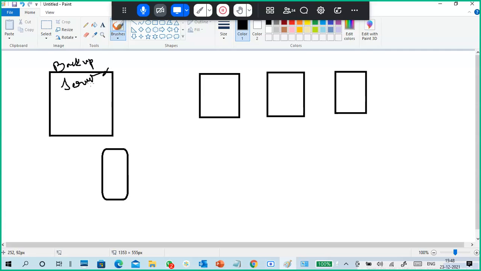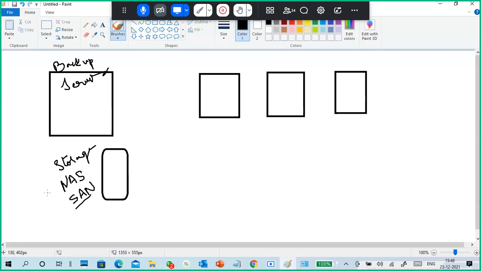But this is the backup server. Okay. Next, this is a storage, centralized storage. Dedicated centralized storages are common. What are the centralized storages? NAS and SAN. Network attached storage, storage area network. So it can be a NAS or a SAN.